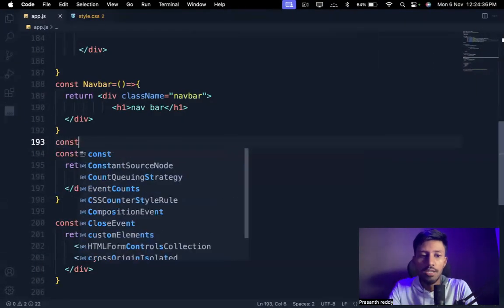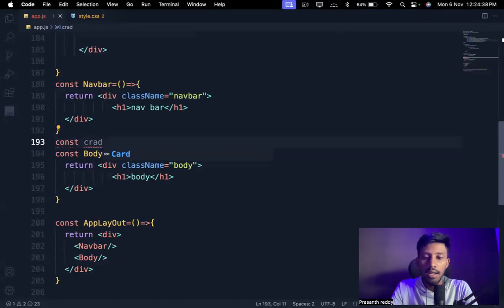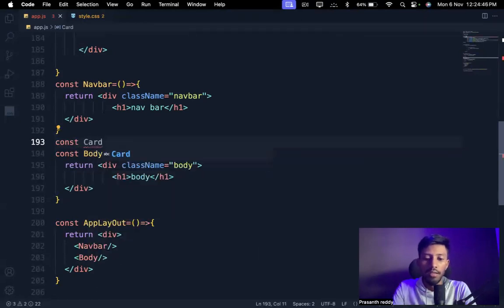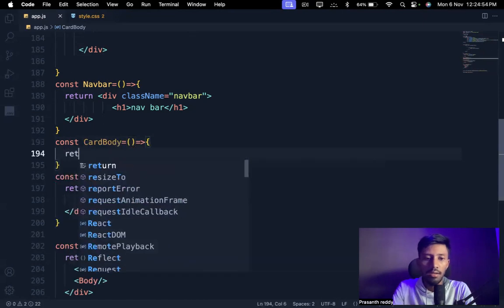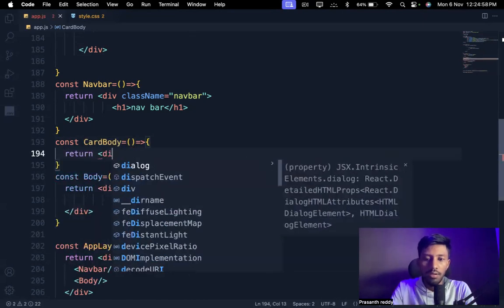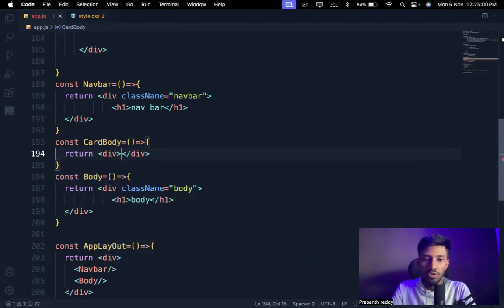Let's make it const CardBody is equal to, okay, return div, right? Okay, it's almost 8:30.